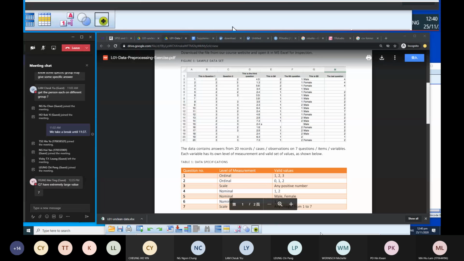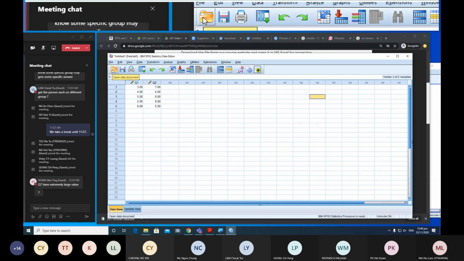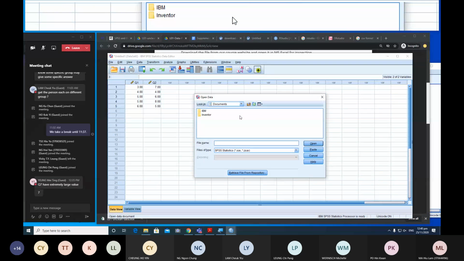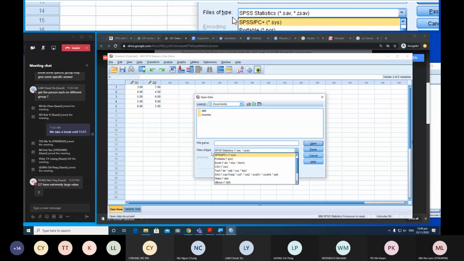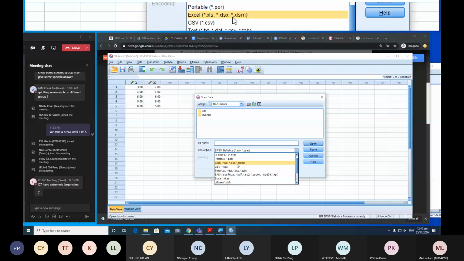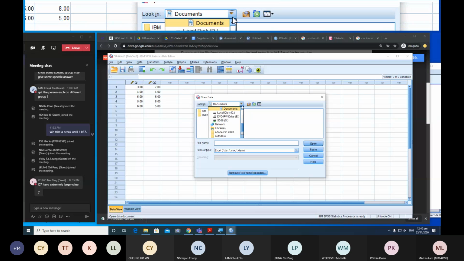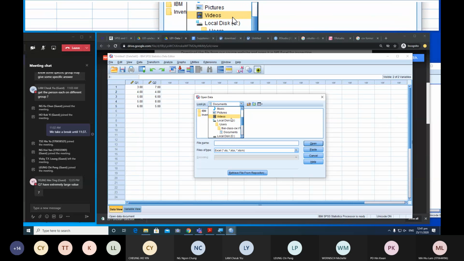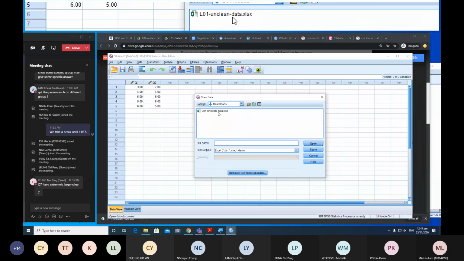So first of all, we open another data file. And after you download the Excel file, you can go to the files of type option here and choose Excel from the format. And then you go to the folder where you put your data file. In my case here, it should be in the download folder. So this is the Excel file. I click on it